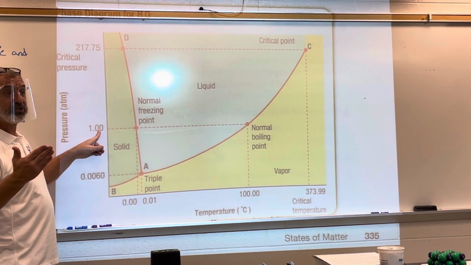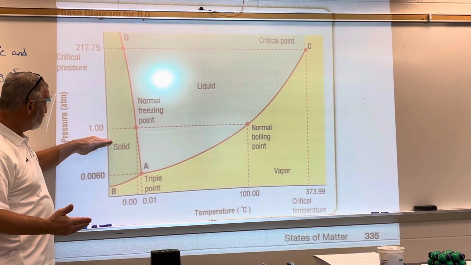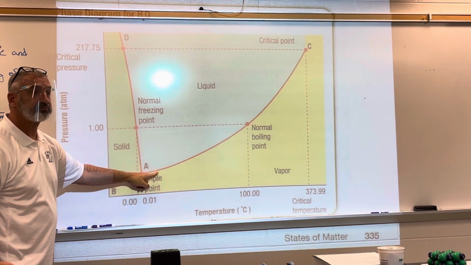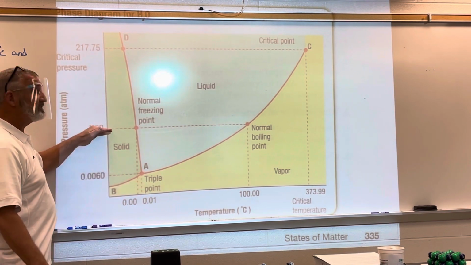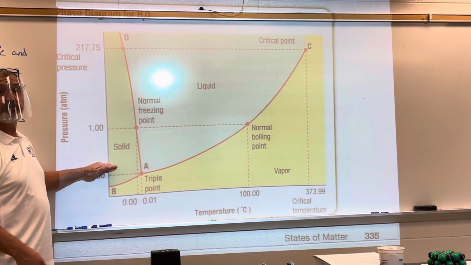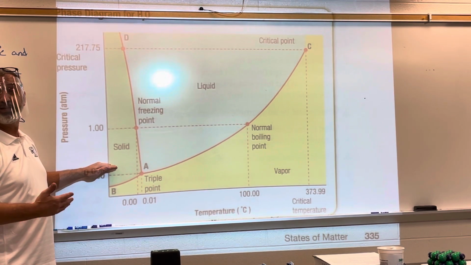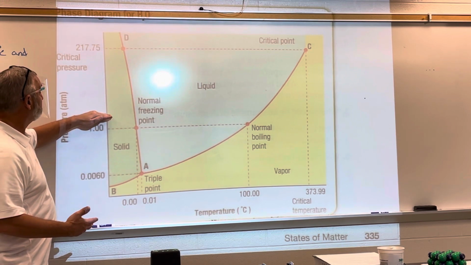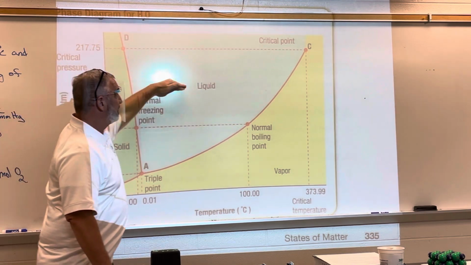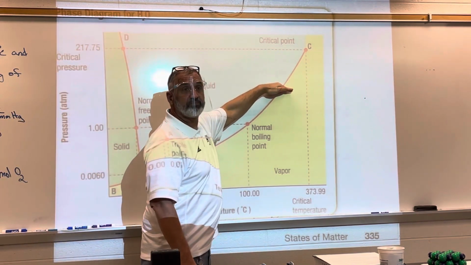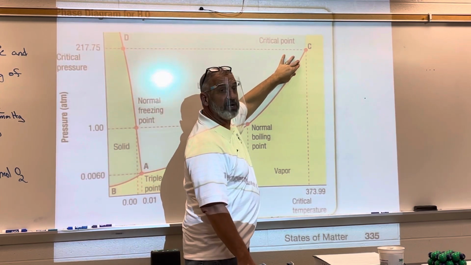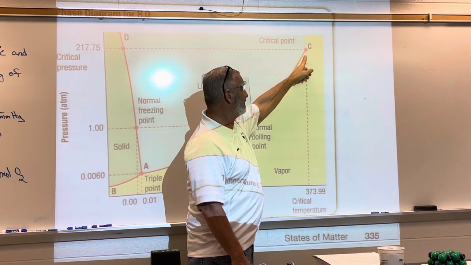But then I brought the vacuum pump out and I lowered the pressure and made water boil at room temperature, somewhere around in here, because I just decreased the atmospheric pressure artificially. But if we use a pressure cooker, we don't let the steam escape, we can build the pressure up. And as we increase the pressure, what does that do to the boiling point? Makes it higher. So we keep adding pressure, we make the boiling point higher and higher until, bam,